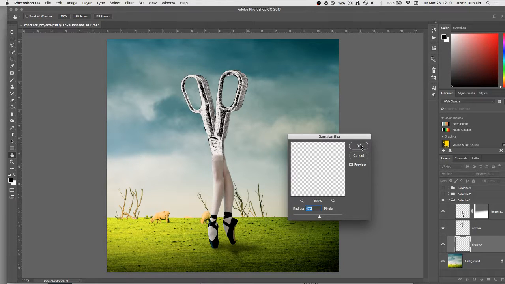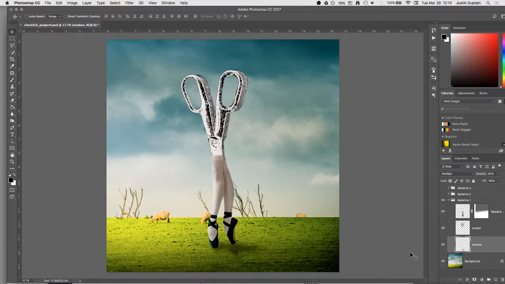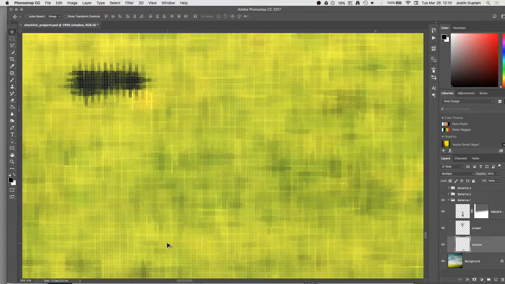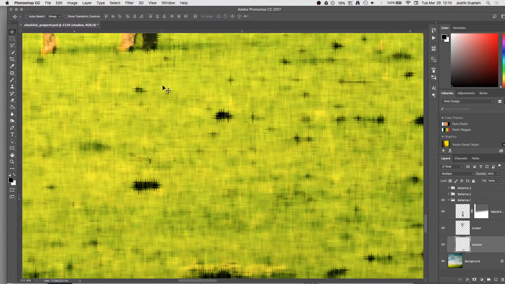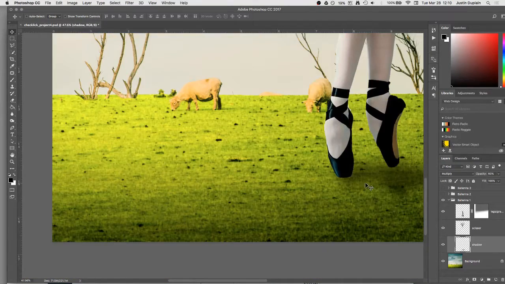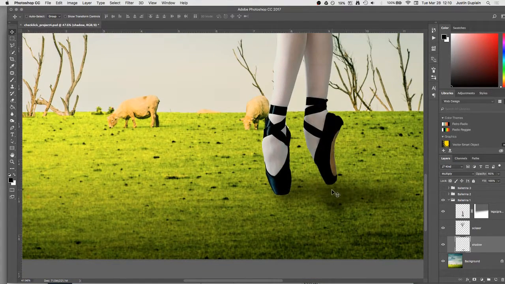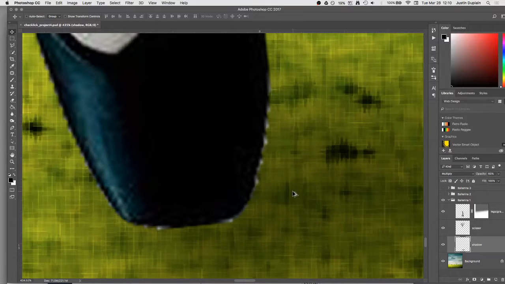Okay. And then the last thing I want to do is, in most cases, the shadow is very, very dark right underneath objects. And then as it fades away a little bit, it's softer. So what I'm seeing here is this